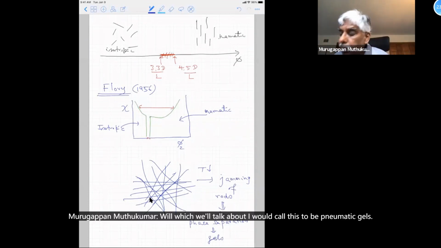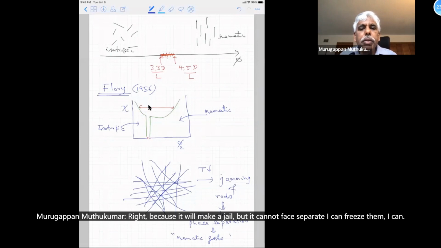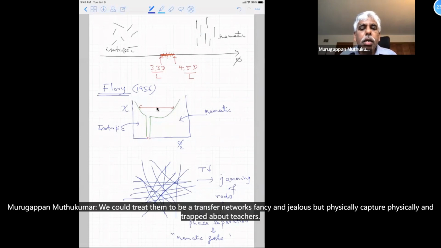I would call these nematic gels. Because it will make a gel, but it cannot phase separate. I can freeze them. It will take an enormous amount of time. For all practical purposes, we could treat them as transient networks, transient gels, but physically entrapped nematic